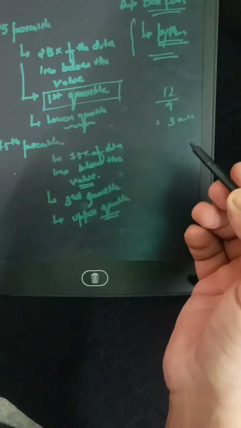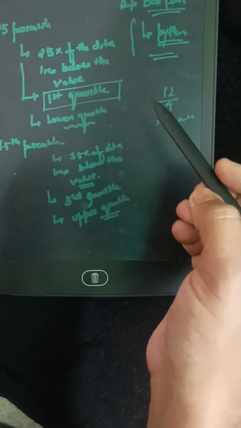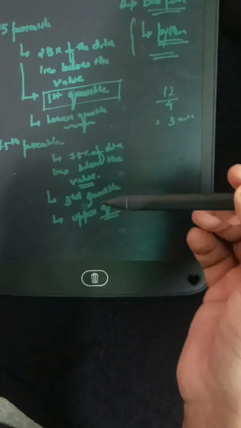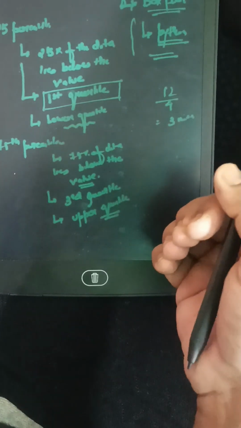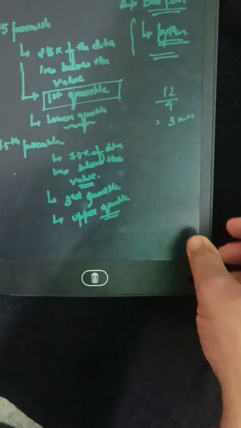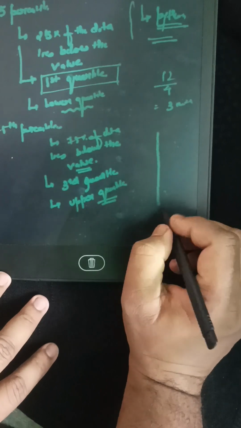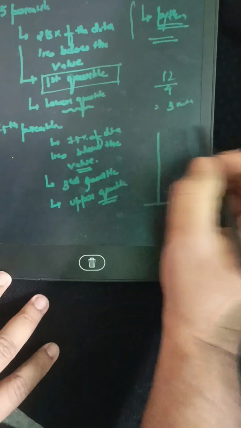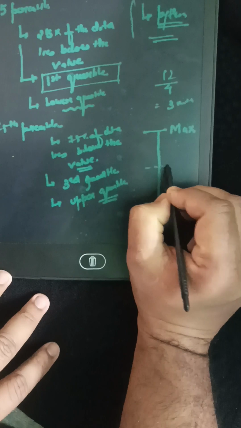And like previously in our data set, 25% of the data lies below the value of how much? That was 5. And 75% of the data lay below the value of how much? It was 9 in our data set, which had 20 samples, 20 elements in it. So if we draw this line, we have this to be the minimum value, this to be the maximum value, and this somewhere in between comes out to be